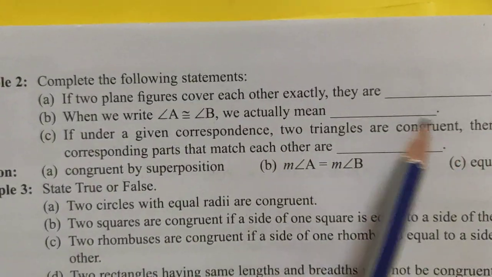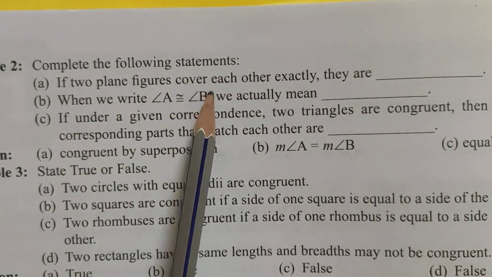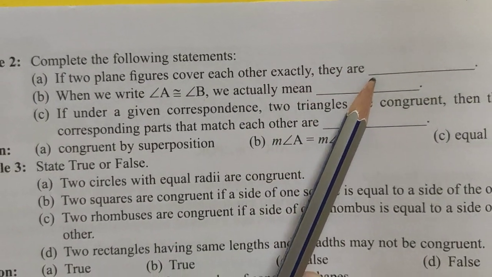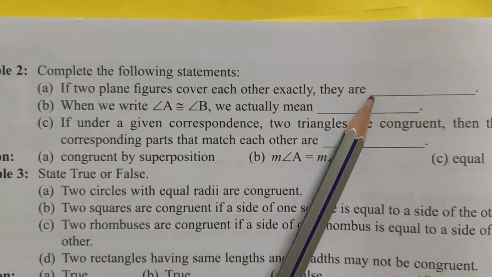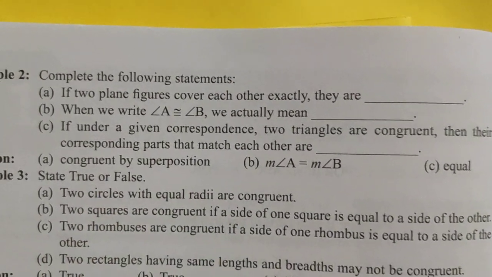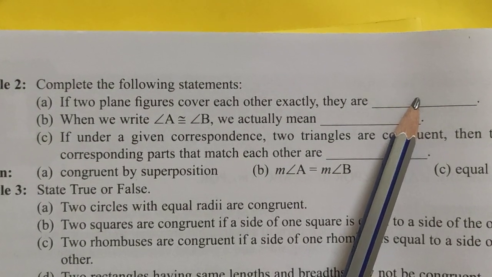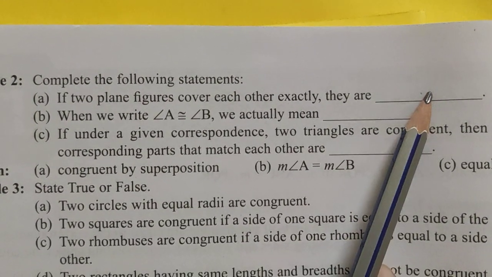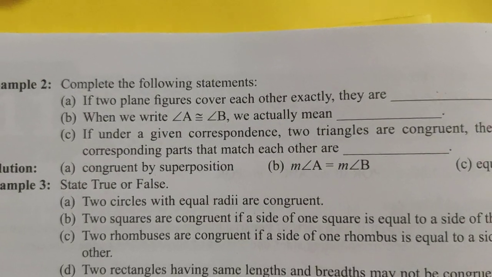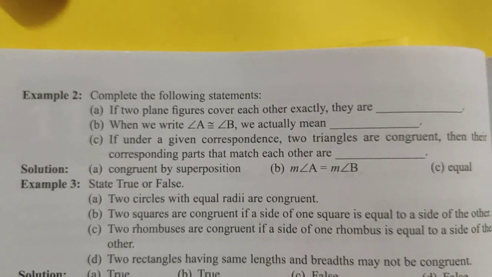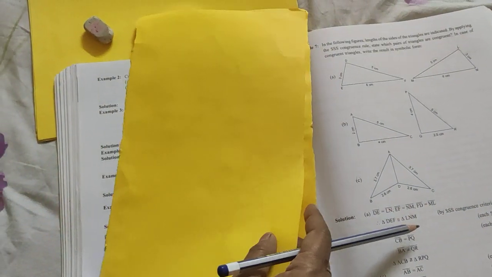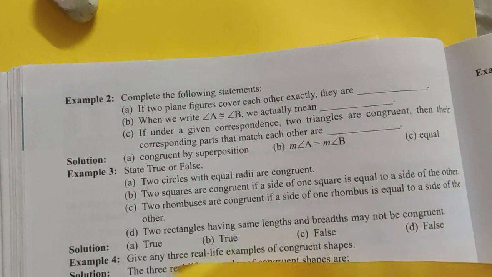Complete the following statements. If two plane surfaces cover each other exactly, what are they? This type of figures are known as congruent. Okay, or you can say congruent by superimposition. So why superposition? Because we are superimposing one on another. As I had explained you, suppose this is a plain paper, and on this, if I put this plain paper, so both are of each equal side, then we can say these two shapes are congruent by the